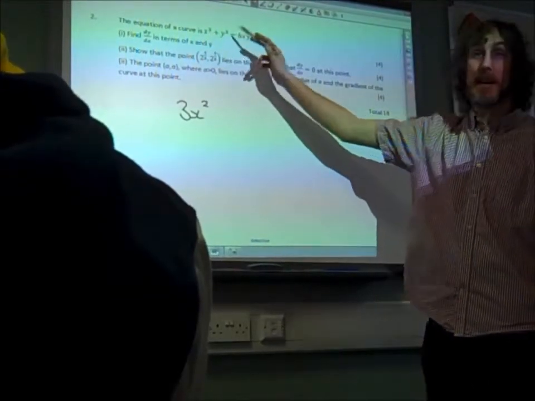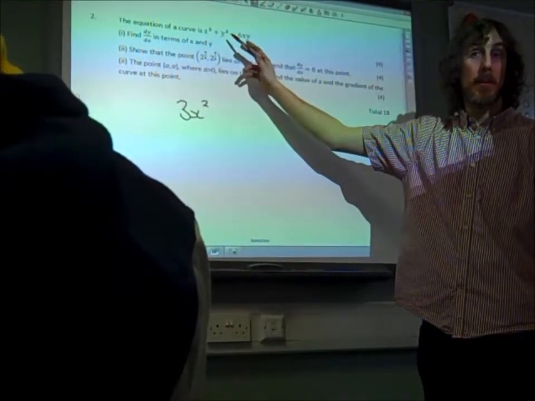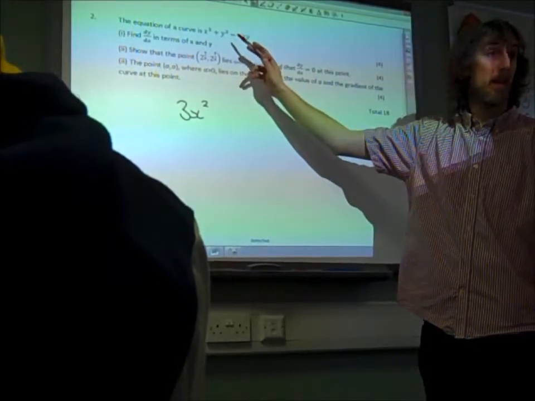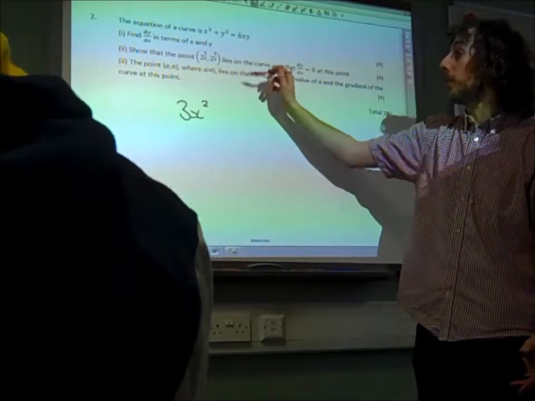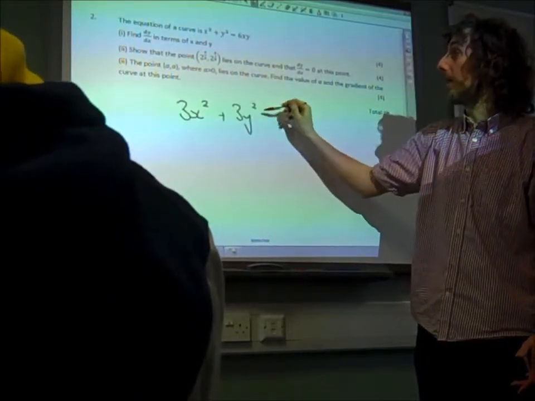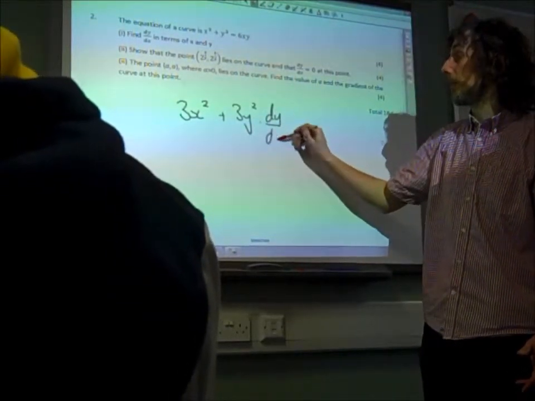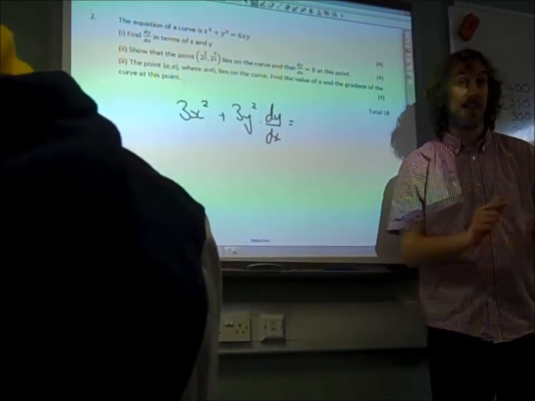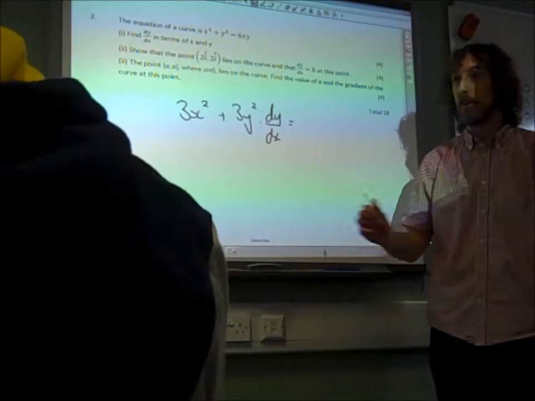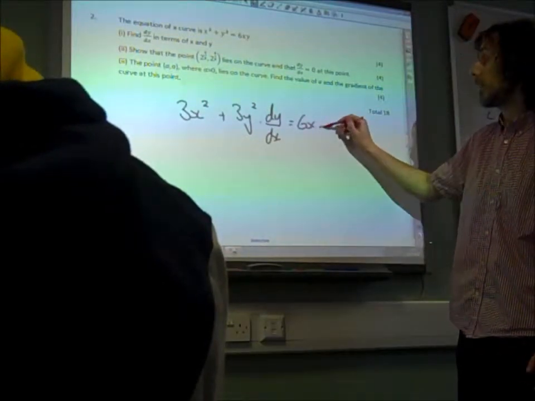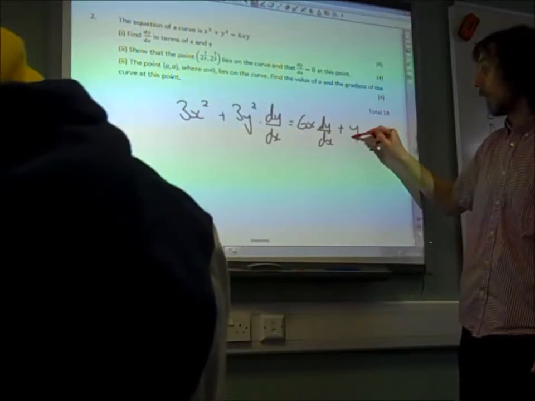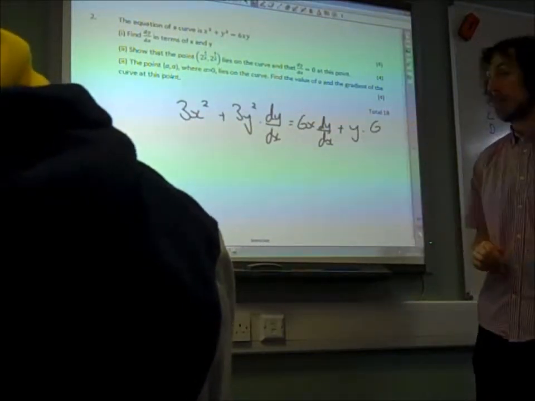We differentiate y cubed. Remember how we do this. We differentiate with respect to y, and times that by dy by dx. So this would be 3y squared dy by dx. And then the 6xy is a product. That's 6x times y. So it's the first times the derivative of the second, which would be dy by dx,